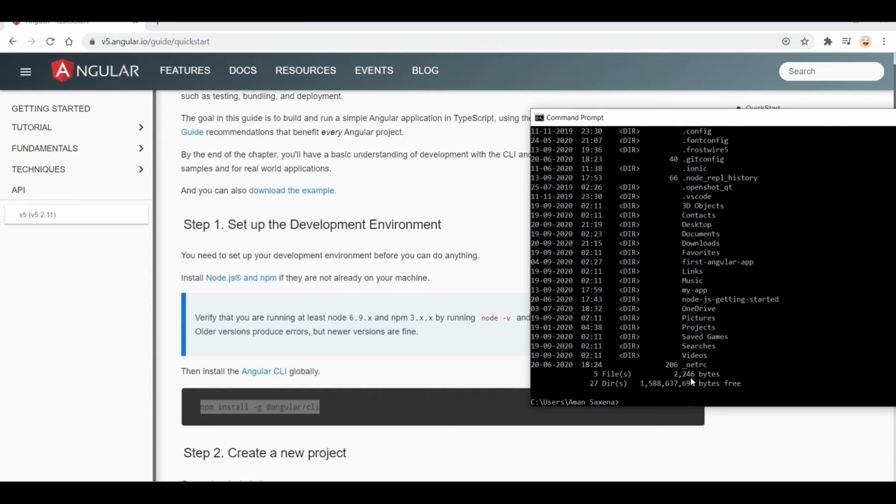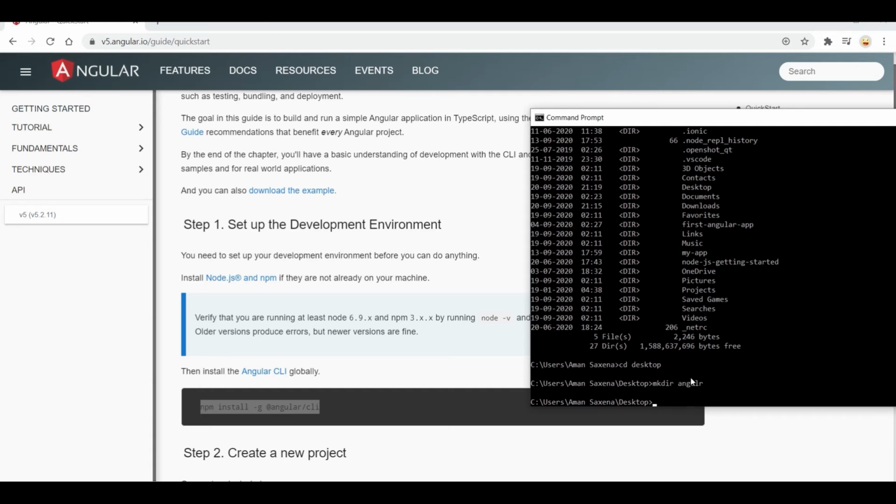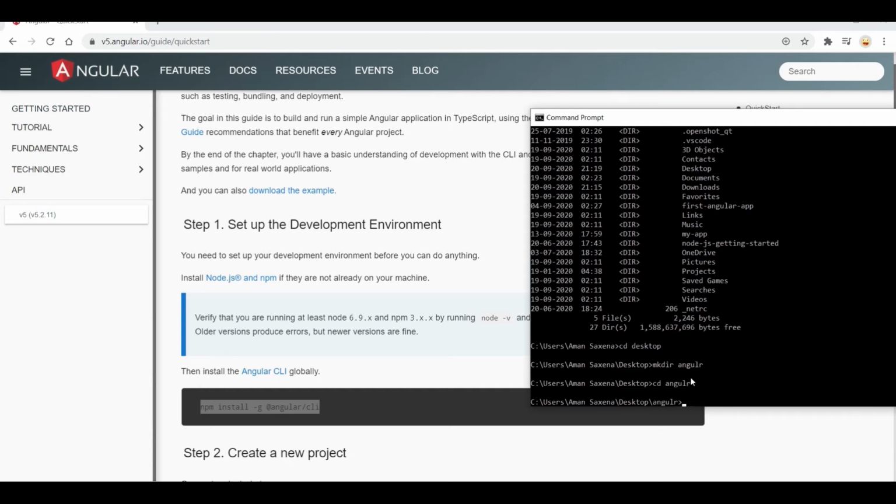Okay, let's go to desktop. Let's create a folder over there if I have it. Okay, then now let's install Angular CLI.